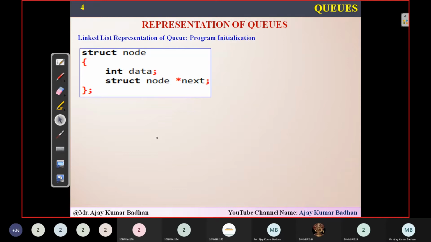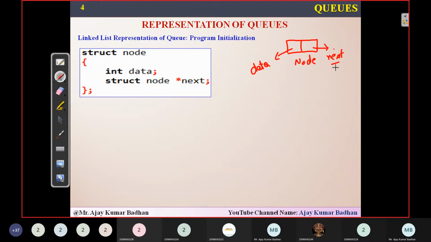So here the outer sketch of this program is, since we are talking about linked list, you know that first we need to define the structure for the node. What is a node? This is what we call a node, right? We have already discussed, when we were discussing linked list, that in a single linked list every node will consist of two different blocks. The first block will consist of the data, and the next block will consist of the next, which represents the address of the next node that is connected, right?